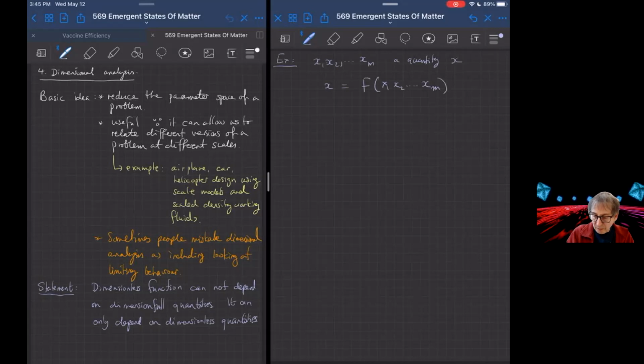Now here we're just writing down what things depend upon each other, but what we do is we now try to identify dimensionless groups of variables